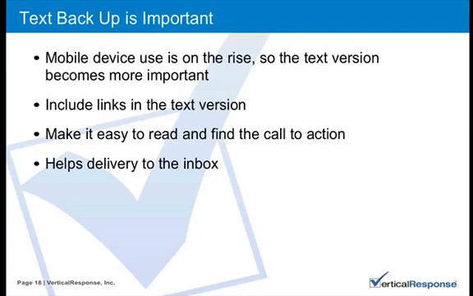When you're using our system, you can edit the text version. We do make it for you automatically, but you can go in and edit it. So if you're using the wizard tool, when you're on the page where you're doing all of your edits, at the very top of the page, if you click on email options, just uncheck the box that's auto-generating the text version, and then you'll be able to see that text backup and you can edit it. If you're using the Canvas and the freeform, if you look at the top where you're making your edits, there's a little box that says auto create text backup. And if you uncheck that box, you'll be able to go in and edit your text version.